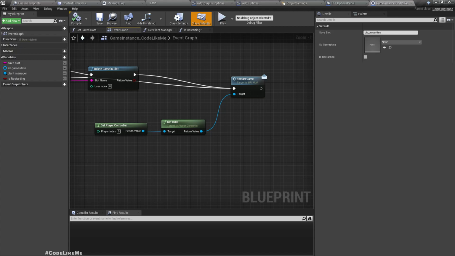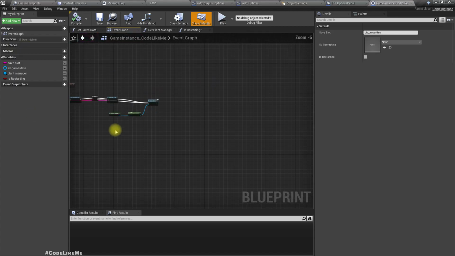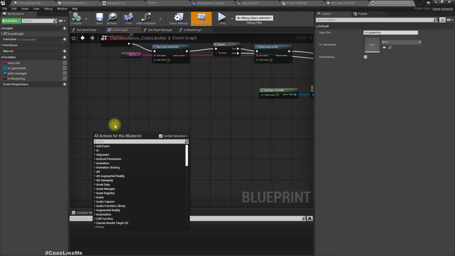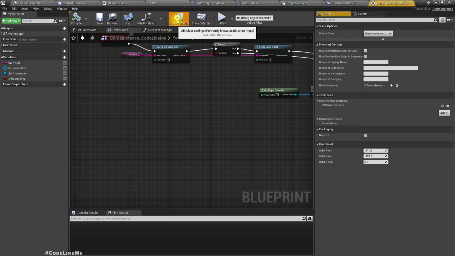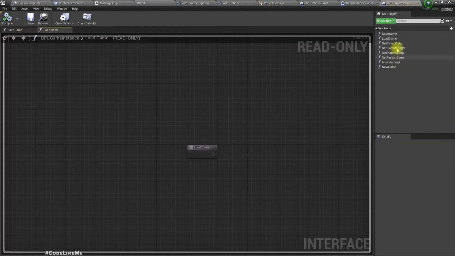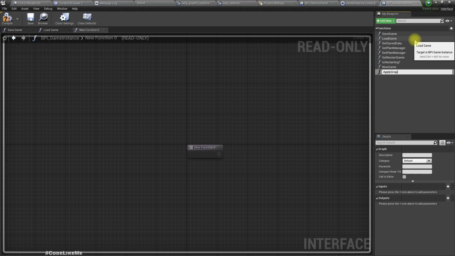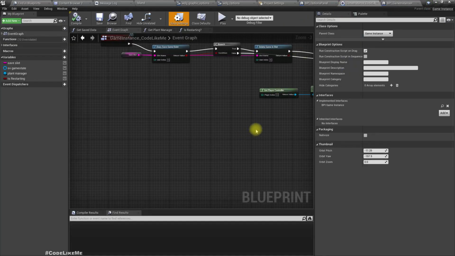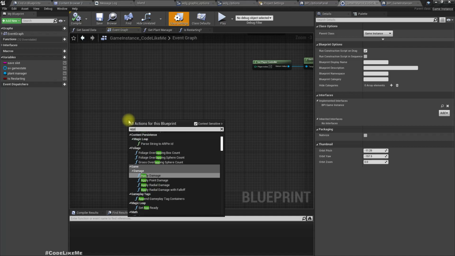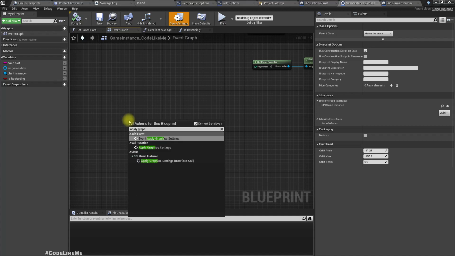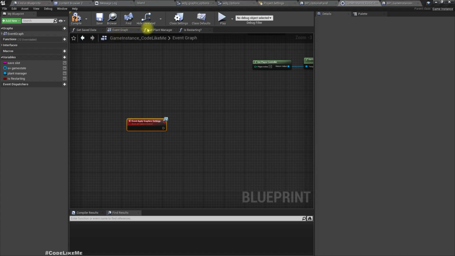Yeah, so here let's add another custom event for the game instance. Okay, let's add a new function, apply graphics settings. Okay, now here let's implement it. So we need